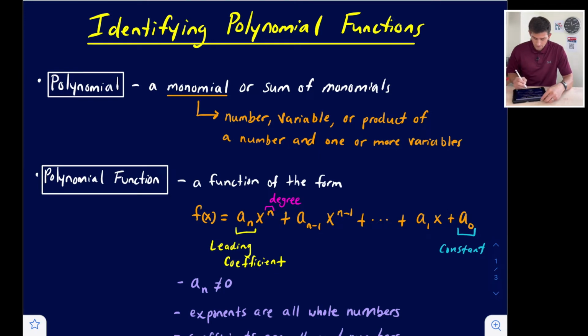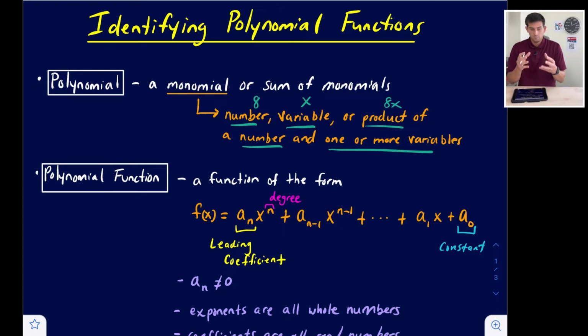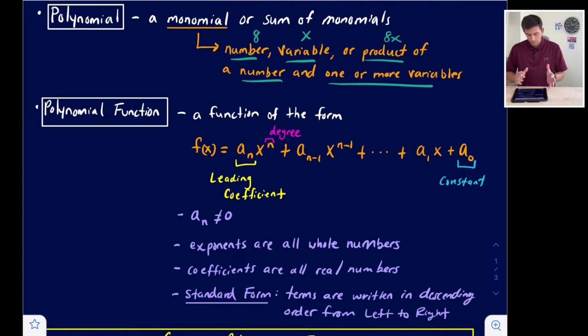It's just a number, a variable, or a product of a number and one or more variables, right? So this could be 8 or x or 8x, right? Those are our examples of monomials. So a polynomial is going to be one of those monomials or a sum of those monomials, okay? Now a polynomial function is a function of the form, and here in orange we have f of x is